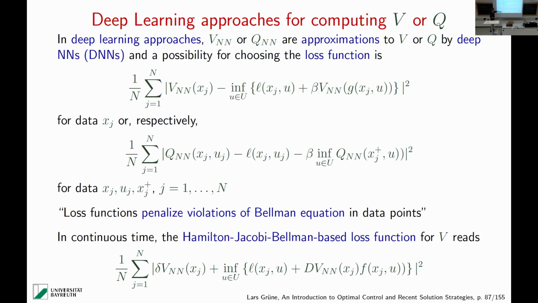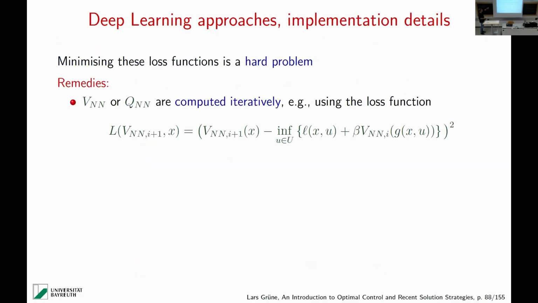okay, before I go to that, this is what you would do in continuous time if you want to use the Hamilton-Jacobi-Bellman equations. Actually, derivatives of neural network functions are not that difficult to get, so that's feasible. But again, the optimizer will have a hard time. One particular difficulty is that we have this infimum in there. But also the overall setting is a bit difficult. And that's why you somehow return to this value iteration idea and do some iterative things.